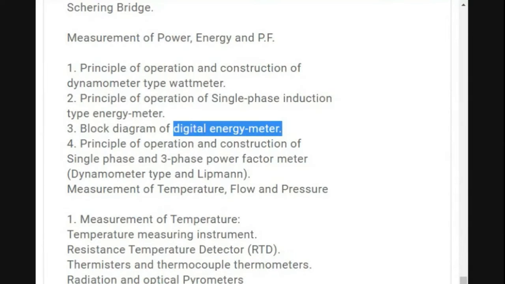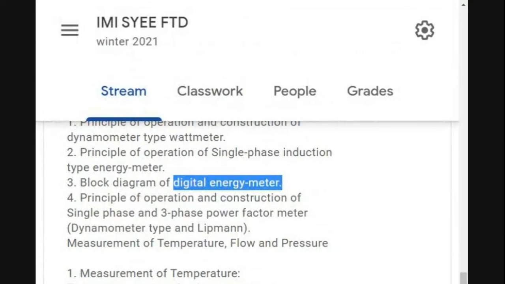After that, we have seen that principles and operations of construction, three-phase power factor meter. Now, how we are going to define the power factor? Say, for example, there is a lag or lead condition as per the circuit components, inductance and capacitance. Okay, so accordingly, we will be having this Lipman type and dynamometer type three-phase power factor meter construction. Okay, and this is how we are covering the second